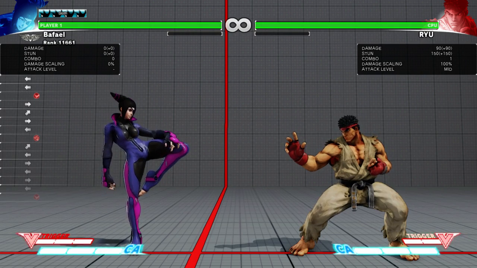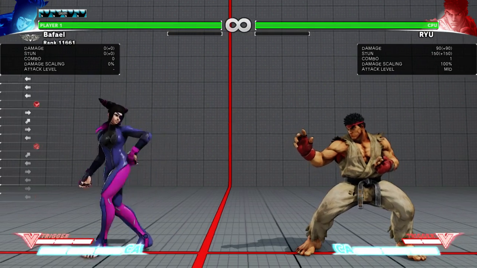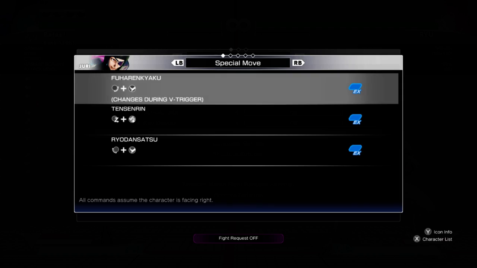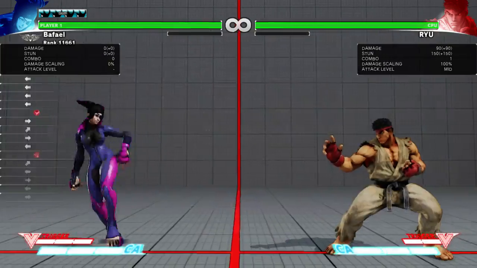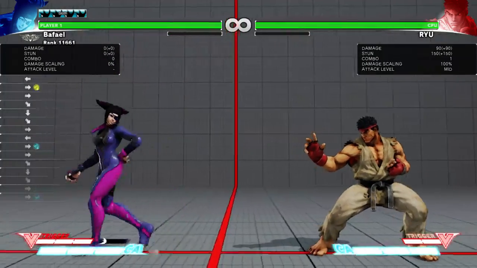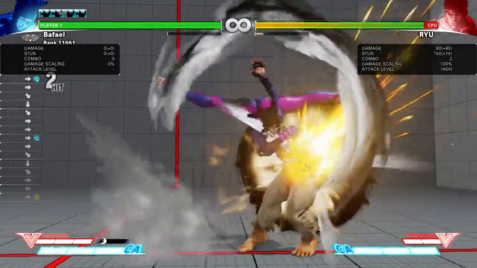Let's see here. I guess I've covered all her normals. Let's talk specials. So we got what, 3? I think 3 specials, but technically one of them is really complex. Let's talk about the DP. The DP. There we go. It's DP plus punch. The light one leaves the opponent grounded, which is